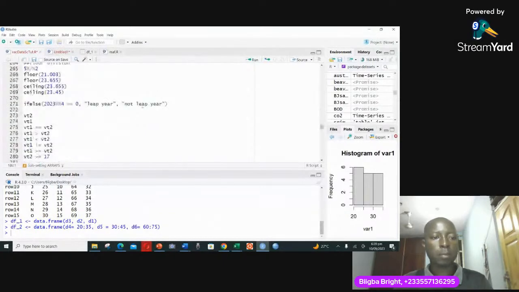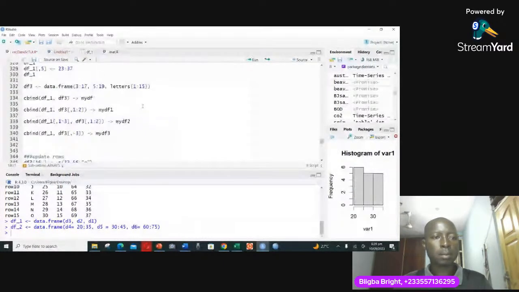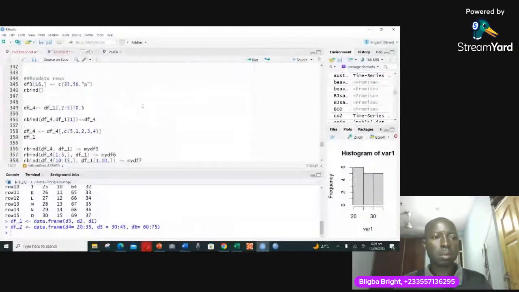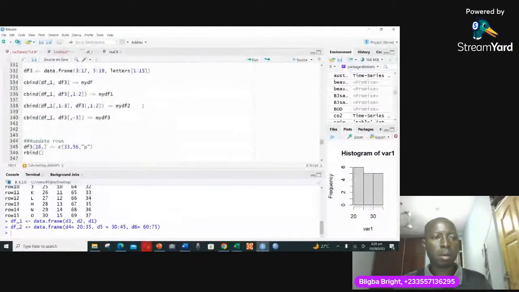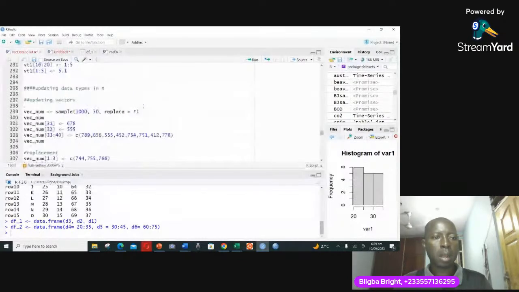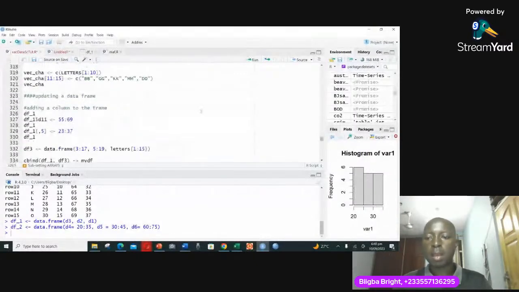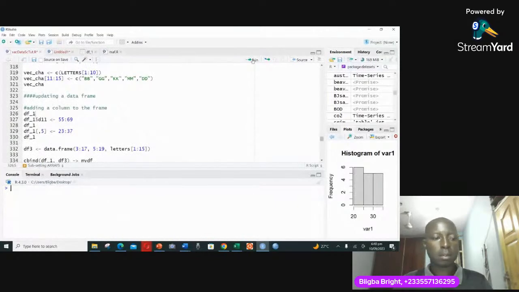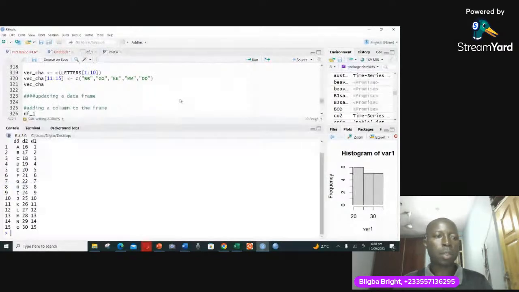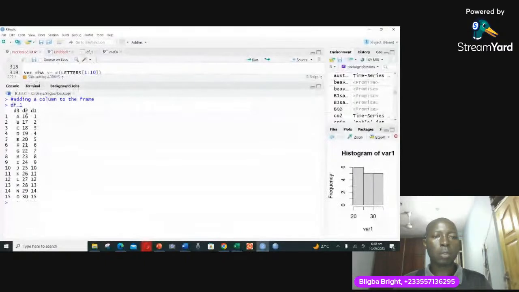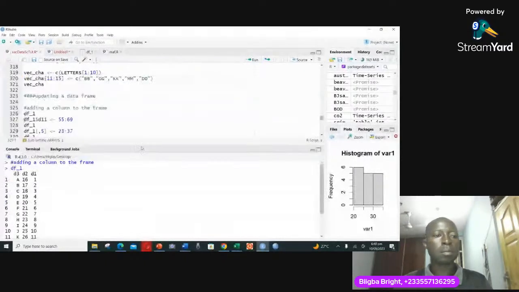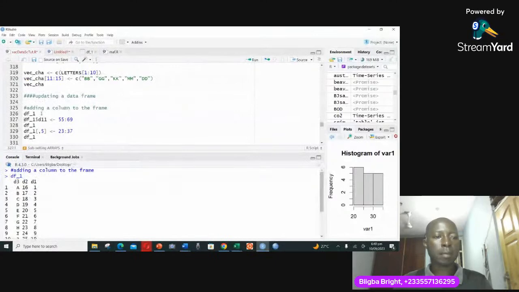When I come to the updating, the running, so I'm done with this. I am trying to look at how to update a data frame. So when I come here, I have a data frame like this. Look at how the data frame looks like. It's D3, D2, and D1. So that is my data frame. So when I come here, I can simply select, or I can simply